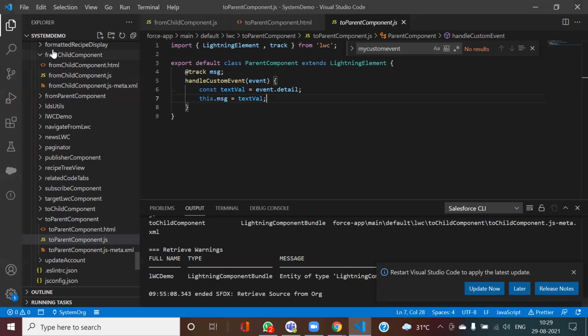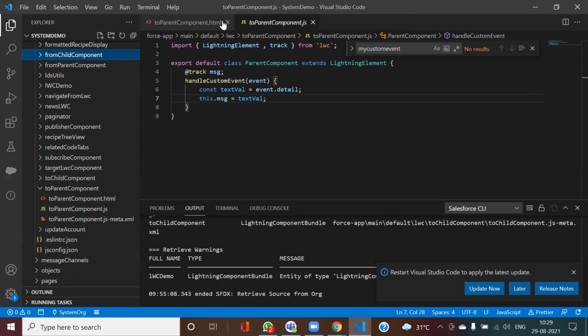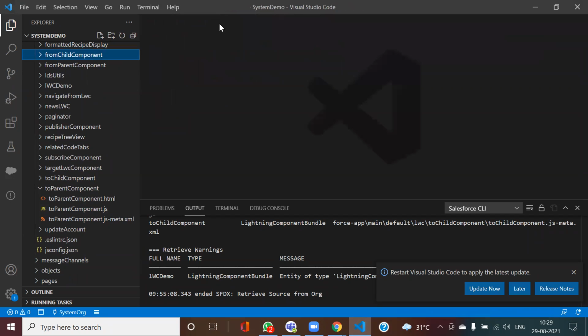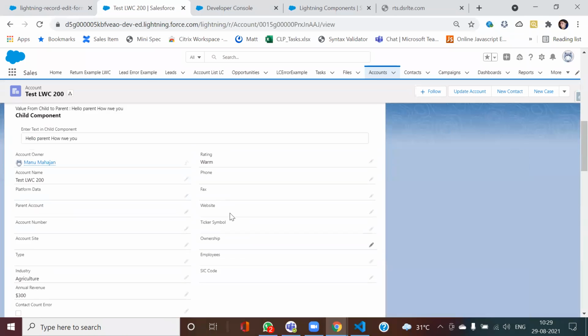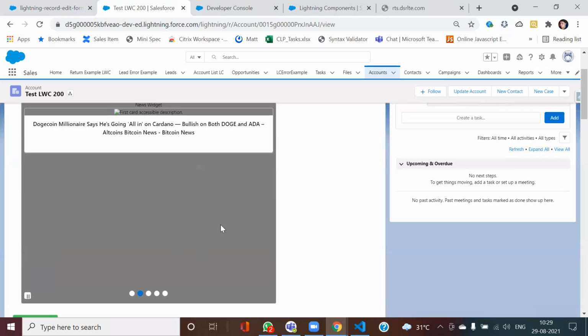One more example I can show you for LWC. This is an integration example, but you can assume it in a way. You have a wrapper class. Let me show you one thing. Did you notice how this news is coming?